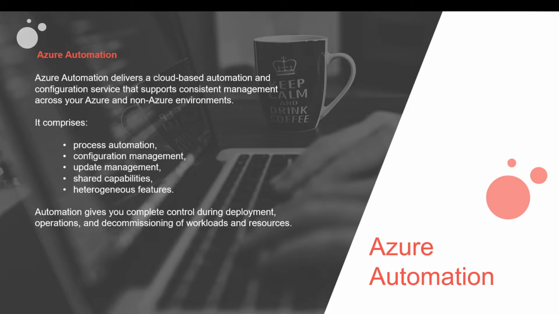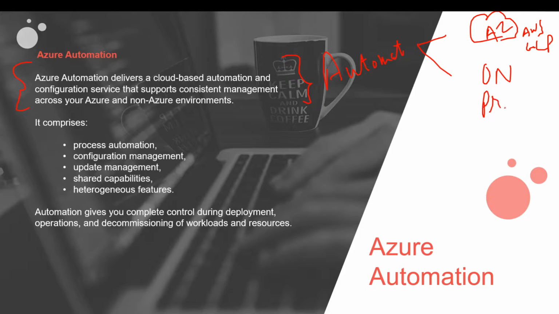So it is basically a service which can be used to centrally manage all of the automation-related things. It can be either in cloud, that is Azure, or some other cloud as well. It can be AWS, it can be GCP, any of the clouds, or it can be on-prem. So you have different data centers. Inside that data center, all of the management of those VMs and everything can be done directly using this automation account.